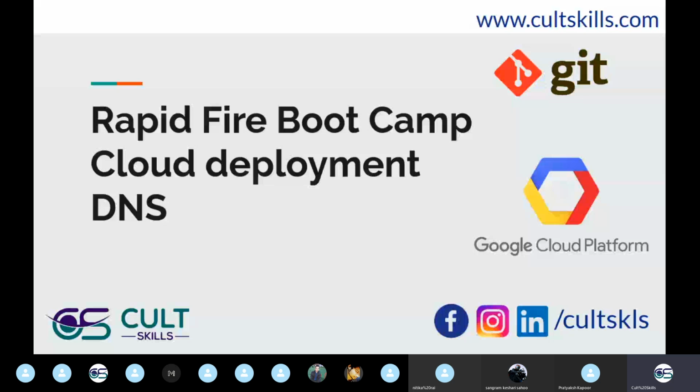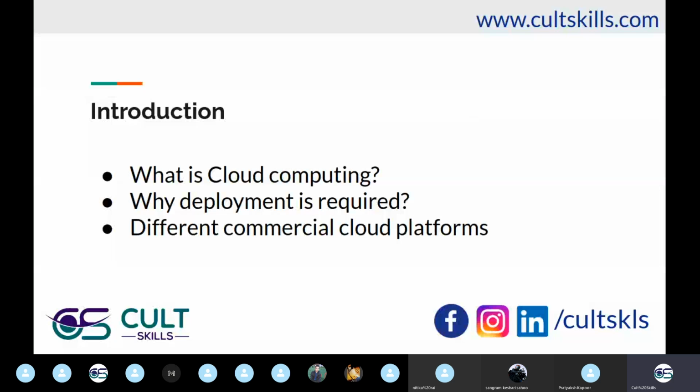Okay. Before we go much into the depth, I'll start with a few questions that make the foundation of it. The question is, what is cloud computing? You all know that very well. We'll not go much into the theoretical aspect of that. Cloud is the way with which we connect our system to the internet.